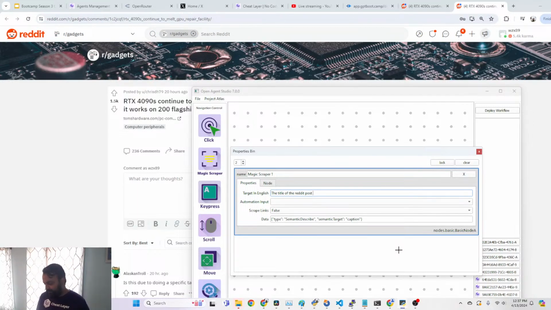So, okay, I'll continue. But basically, for example, your target could be just email address. So you could say email address, right? And then if you run this agent on any website, even if the email address is anywhere on the page or even in an image, it'll scrape that email address. So that makes it very powerful and dynamic.